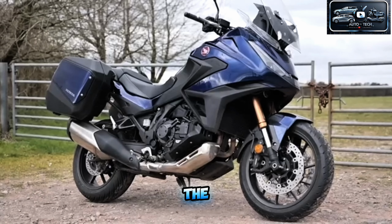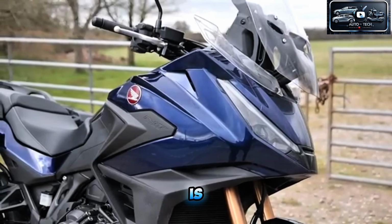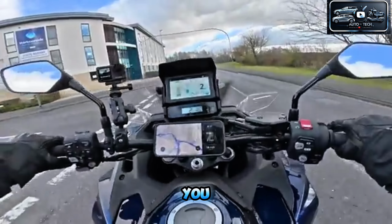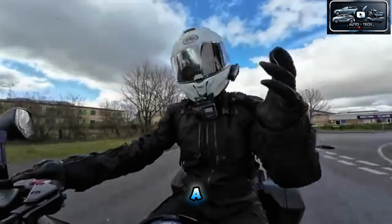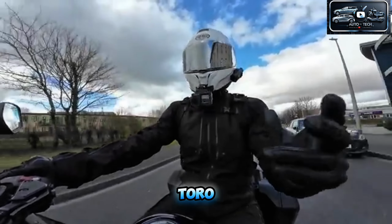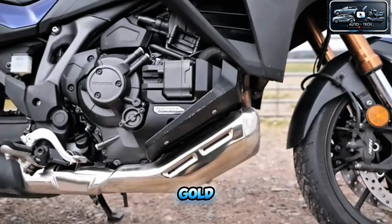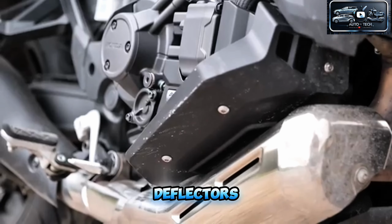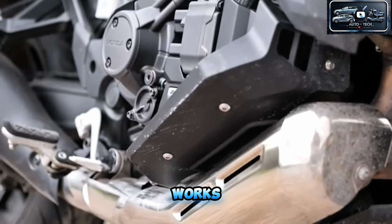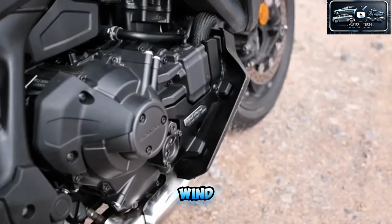Now, one of the things that I've always really liked about the NT1100 is the level of wind protection you're getting from what is, I guess, a mid-capacity bike, at least in the tourer market anyway. It doesn't have the bulk of a heavyweight like the Goldwing, but the way they've designed all these little deflectors and whatnot just works together to give you really very good coverage from wind and rain,